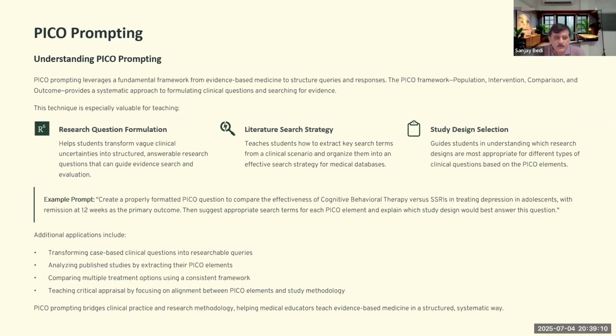When we create the research question, it is there in evidence-based medicine. It is there when we teach research methodology. So the PICO framework is population, intervention, comparison, and outcome. So this is when we want to create a research question. Any topic, we want to create a research question and then ask